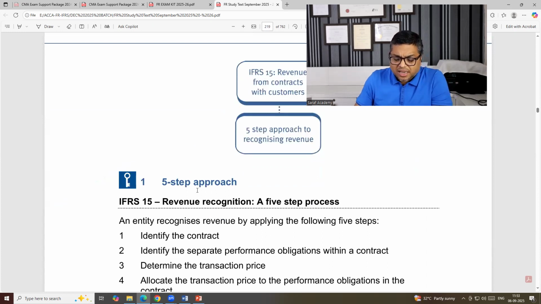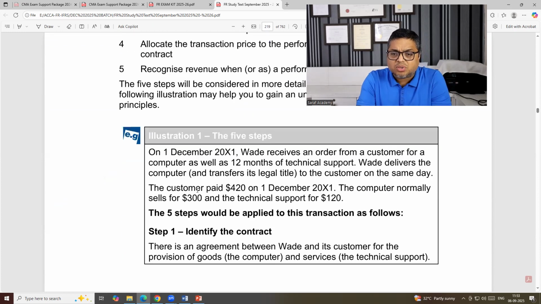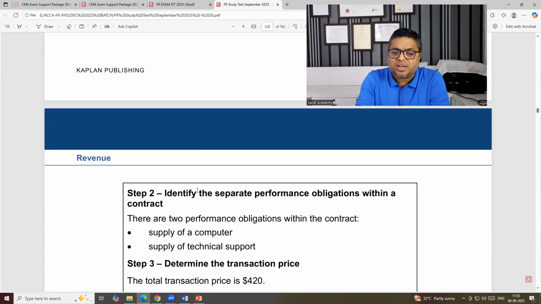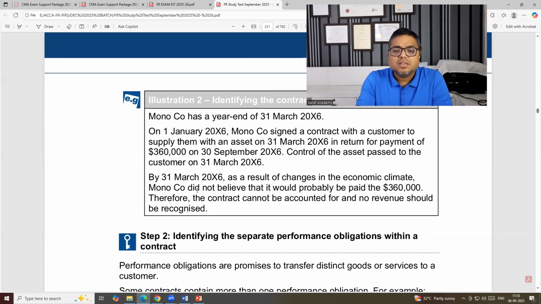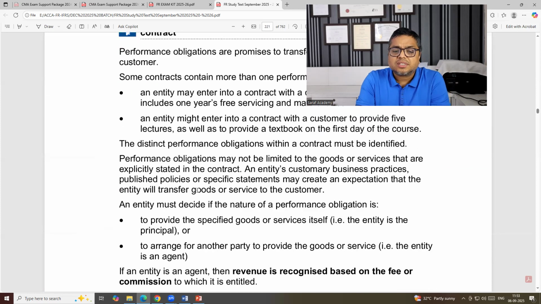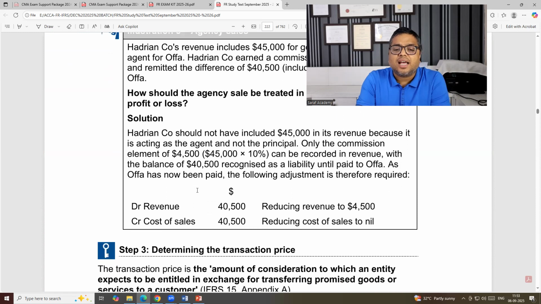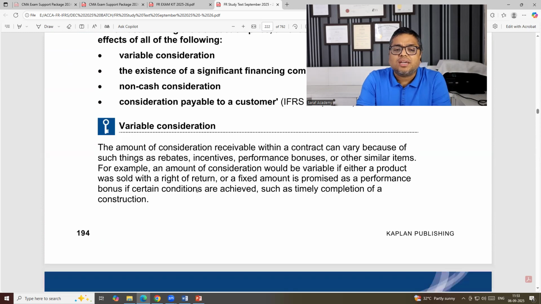This chapter explains the concepts of revenue recognition as per IFRS. In between, there are some examples, illustrations, and test your understandings.